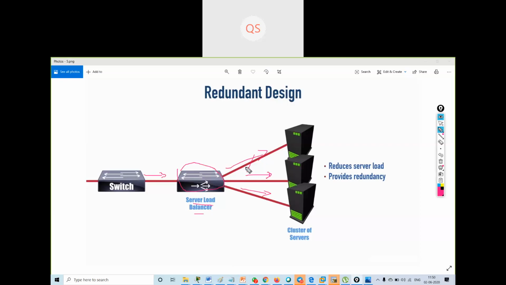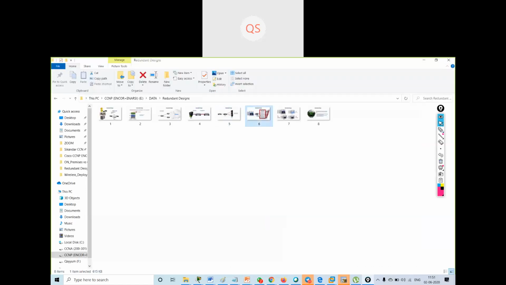If one link goes down, I still have access to the resources. It reduces server load and provides redundancy. This is known as a cluster of servers which have the same type of data.